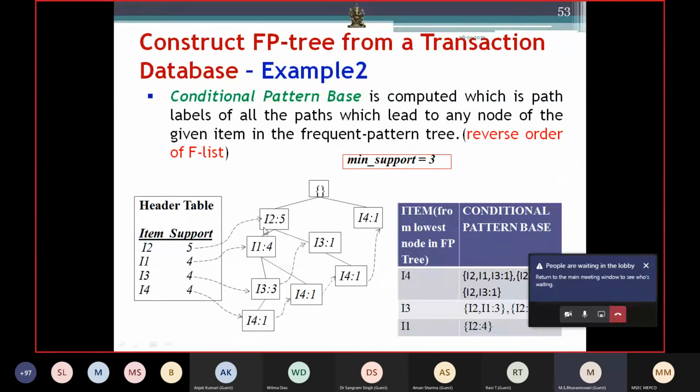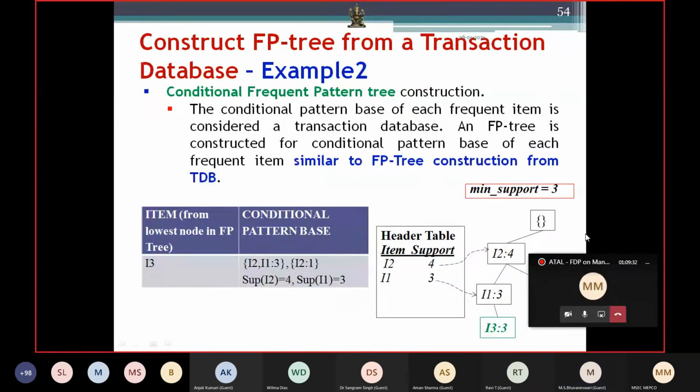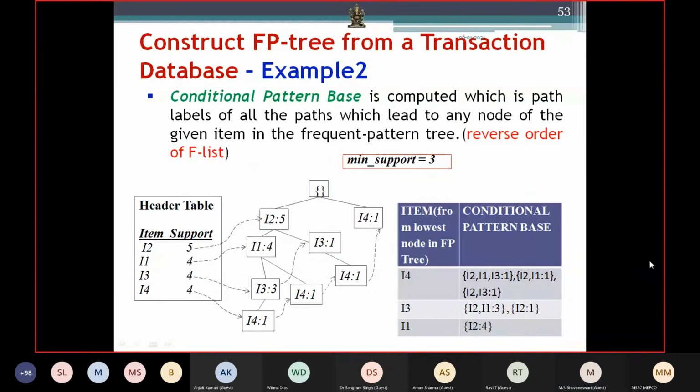It is through I2, I1, and I4. This is the next way of reaching it. So I will put I2 and I1. What is the support of it? 1. So we are placing it as 1.